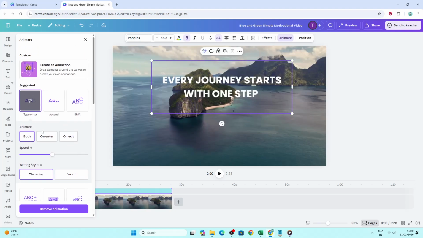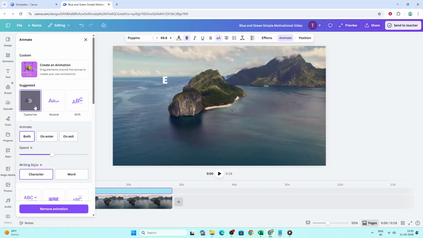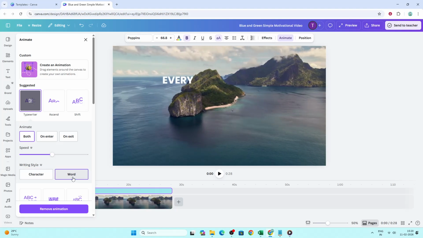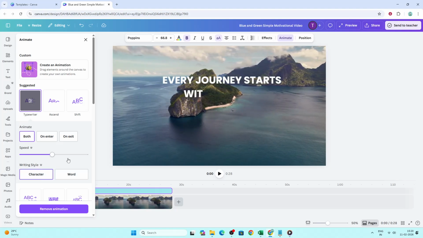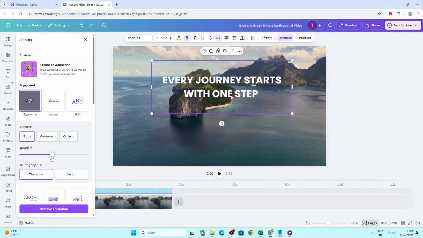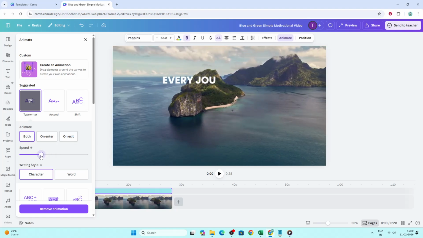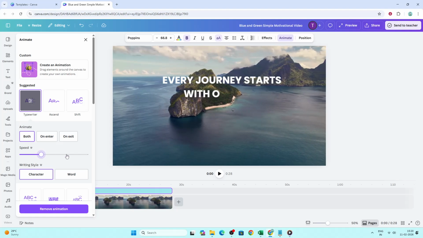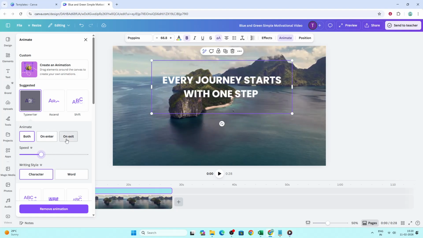Under Style, decide whether the animation happens by letter, by word, or by line. Choosing letter creates a more dramatic, detailed reveal, while word or line can feel faster and more readable for longer text. Next, set the direction to control where the animation comes from, like left to right, which usually matches how